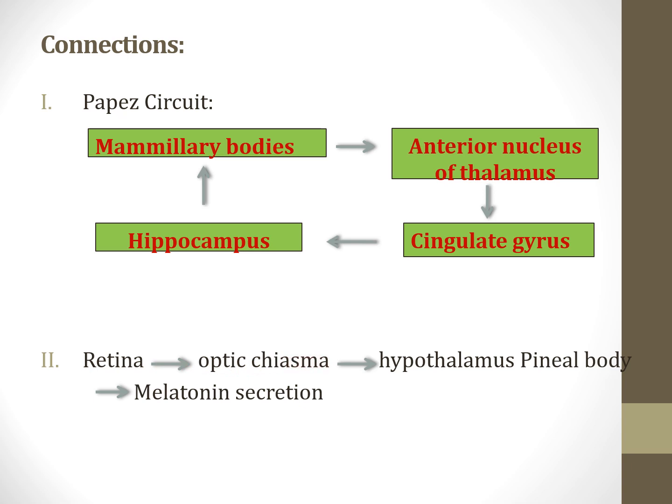So with retinal fibers during daytime, of course, the retina is going to receive the light rays, and the light is falling on the optic chiasma, and these are carried by the hypothalamic pineal body fibers, which in turn secrete the cortisol, and they help each other to secrete the hormones, based on the biological clock or the circadian rhythm.